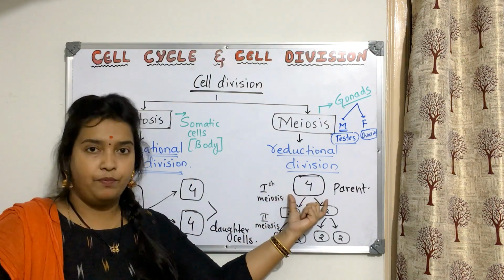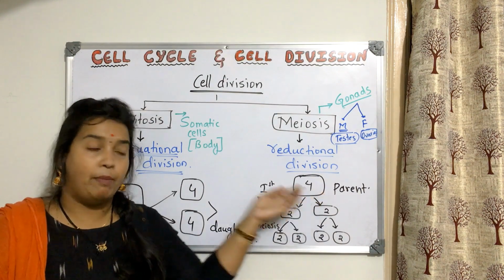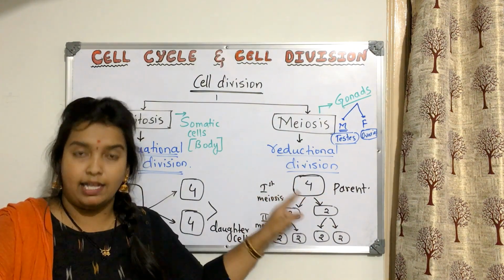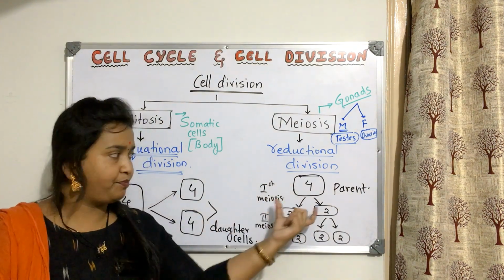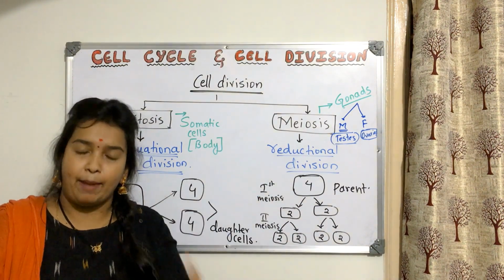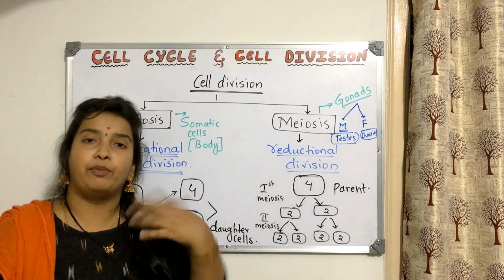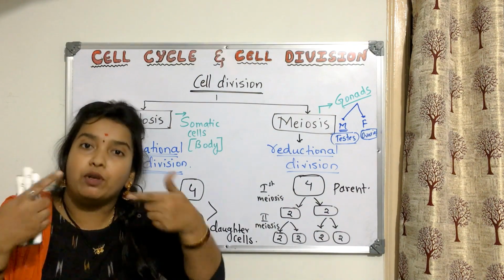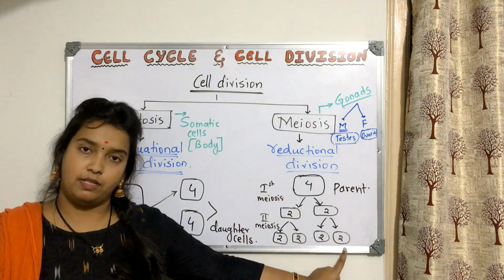Ultimately, these cells have the same number of chromosomes as the parent. But later, when they undergo meiotic division, if it is a male, it will form sperms. Spermatogonia are the cells which produce the sex cells, that is the gametes. We call them sperms. So the testis will ultimately produce sperms. The cells which produce sperms undergo meiotic division and form sperms.